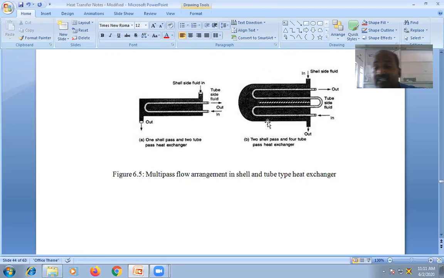The fluid which is entering into the tube, the retention time in the shell will be more. When the retention time or staying time is more, then the heat transfer is very good. If only one pass is there, then the heat exchange may not be efficient. So the same fluid goes again forward, again backward, again forward, again backward. In that case, most of the heat exchange will take place within a short space. That is the beauty of this shell and tube type of heat exchangers.